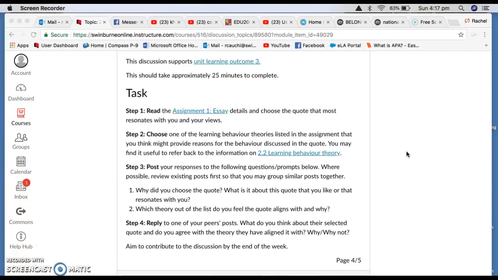Now, if you haven't done the reading yet, or even if you have, I'm going to suggest that you also look a little bit further afield this week, especially when you're trying to get your head around the theories themselves, because they can be quite daunting. I think it is sometimes good to have a look at other material that might state it in a simpler way, or just explain it in a quick little video or something like that, so that you can get your head around it before you do the reading and before you think about which one you want to use for your assessment.